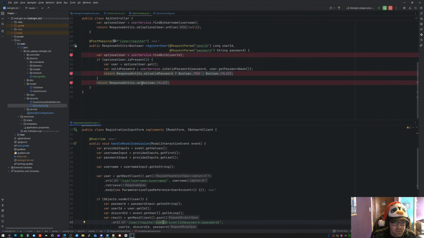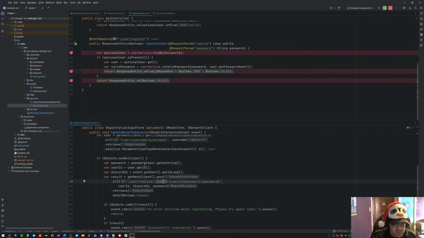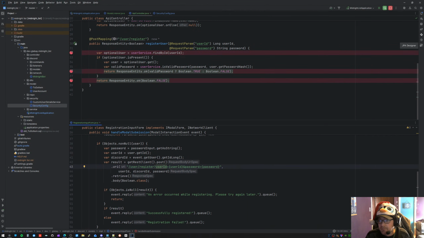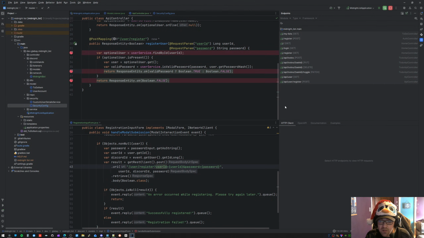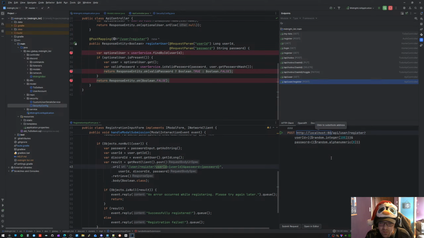So we're going to pop these two here because this registration is starting to bother me. Let's pop open our endpoints tool here. Make this a bit bigger. And we're going to try this posting. I know that my ID is 2 due to the debugging that we've already done. And my password, I'm assuming, is just straight up glabe because I can't actually remember my password. So this here, if I post it,